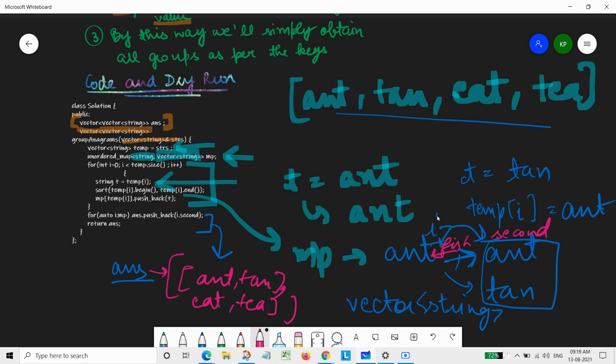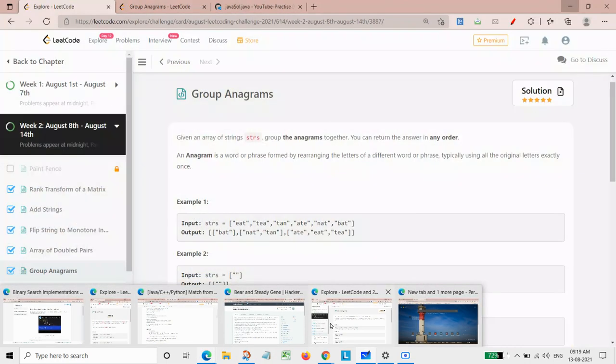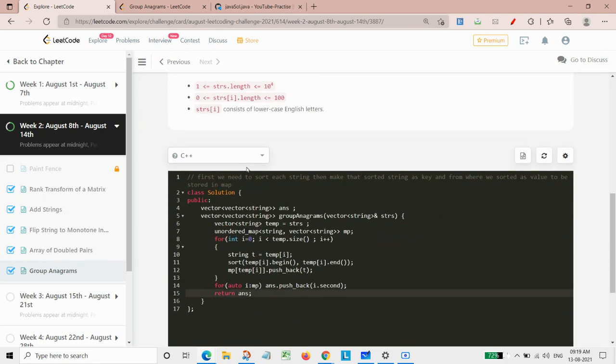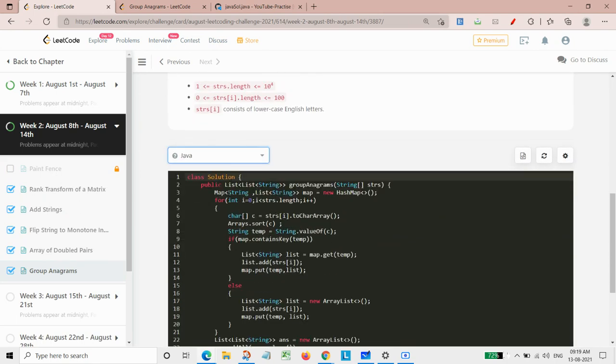So basically this was in C++, let's do it in Java and Python. Here it is in C++. Now comes the part for Java.